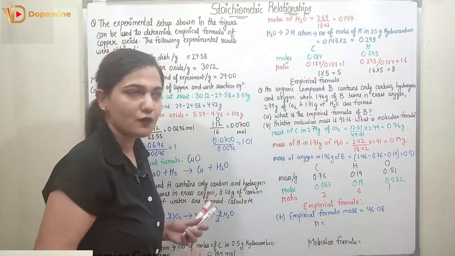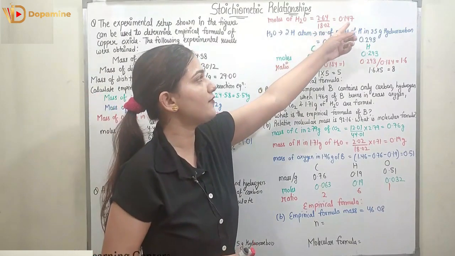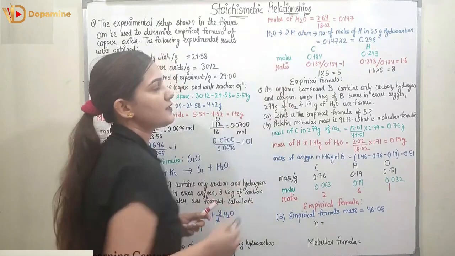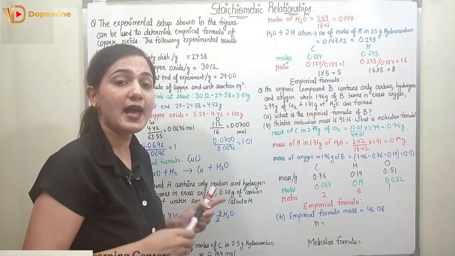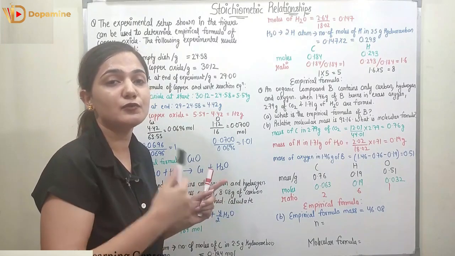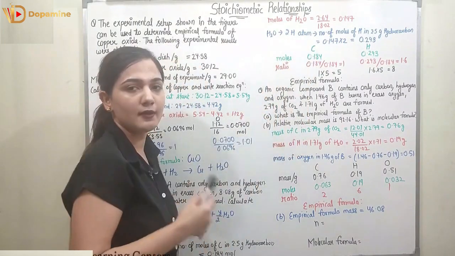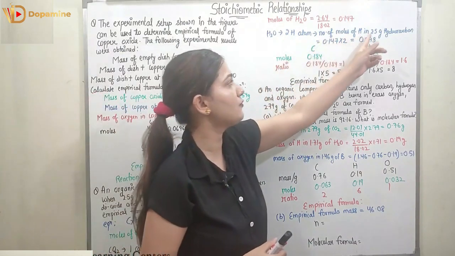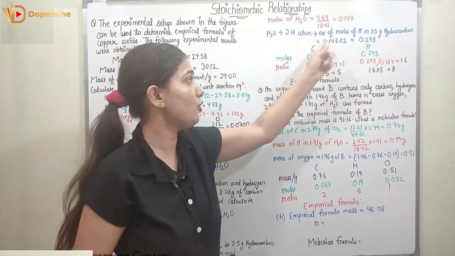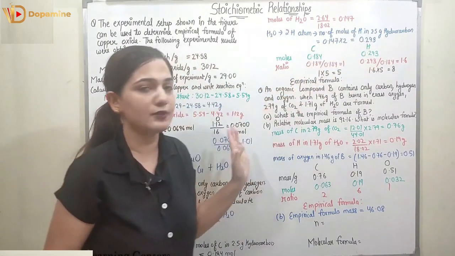The mass of H2O is given, which is 2.64. We can divide it by the molar mass, which is 18.02. We will be getting 0.147 moles. But here you can see in H2O, the subscript of H is 2. So we will be having twice the number of moles of hydrogen as we have the number of moles of water. H2O contains 2 H atoms, and because of that the number of moles of hydrogen in 2.5 gram of hydrocarbon would be twice. So the number of moles would be twice of 0.147, which is 0.293, right?